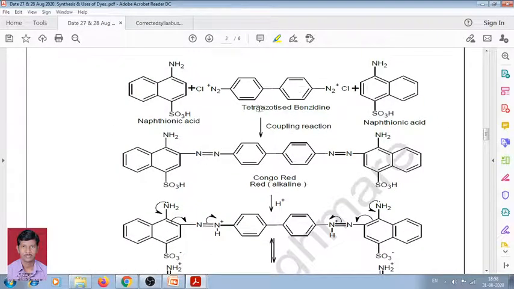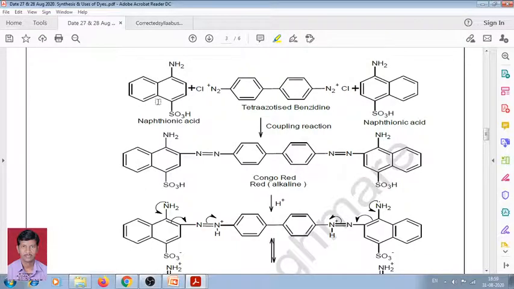Now this is the structure of tetraazotized benzene. This benzene ring is attached to this benzene ring. That's why this is the structure of biphenyl. At this position there is N2Cl, N double bond N, diazo means there are 2 nitrogen atoms. From this side also there are 2 nitrogen atoms, therefore the name of the compound is tetraazotized benzene. And when 1 mole of tetraazotized benzene is treated with 2 moles of naphthionic acid,